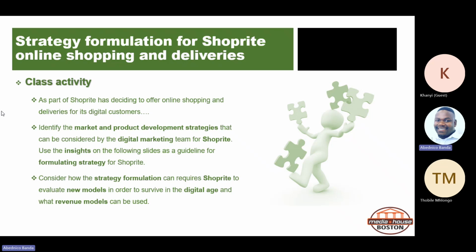So guys, that's how we do a case study when we are unpacking decision one and two and formulating a strategy. You need to think about the business strategy. Remember that there's a difference between a business strategy and a digital marketing strategy. A digital marketing strategy is more of a channel strategy, like how you're going to communicate and promote this business, while a business strategy is more about how the organization makes money. Does it make money through consumers or through other businesses? That's what a business strategy is all about.